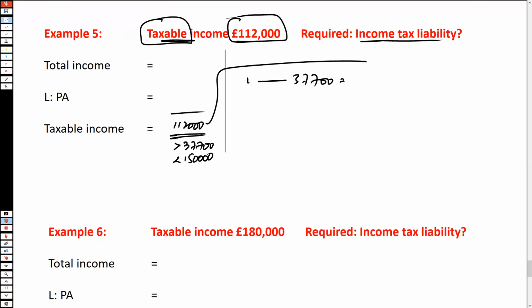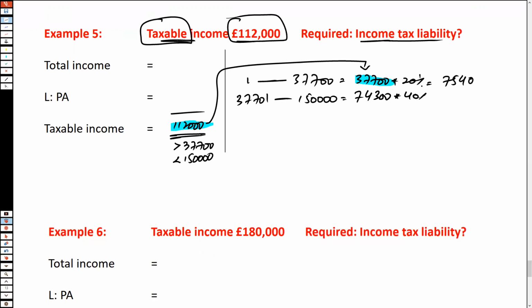From this amount of 112,000, from this taxable income, to the extent of 37,700, the tax rate is applied at 20%, and 7,540 is calculated. Then from 37,701 to the extent of the second band limit 150,000, how much amount is left? You can take the difference of these two values. From 112,000, we have deducted the amount of 37,700 that we have taxed. Difference is 74,300. This amount is subject to tax at 40%. 29,720 is calculated. The sum of these two is the income tax liability,